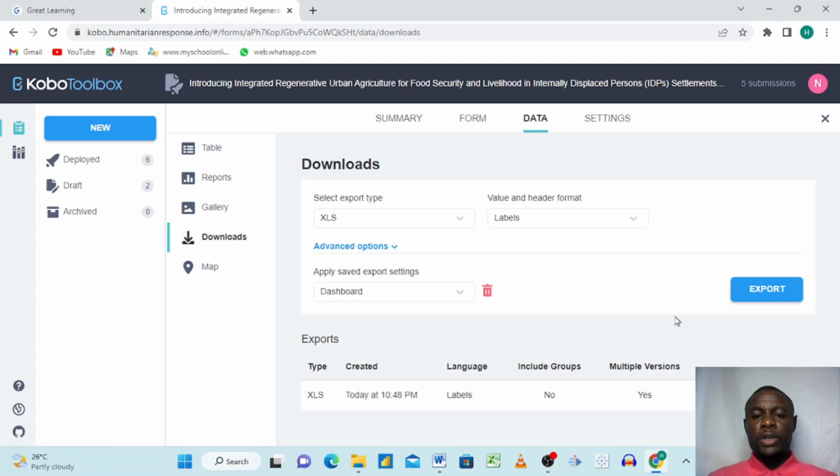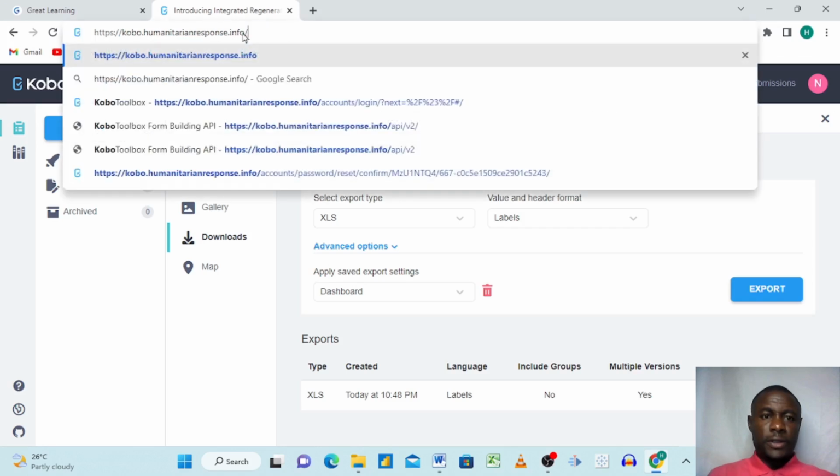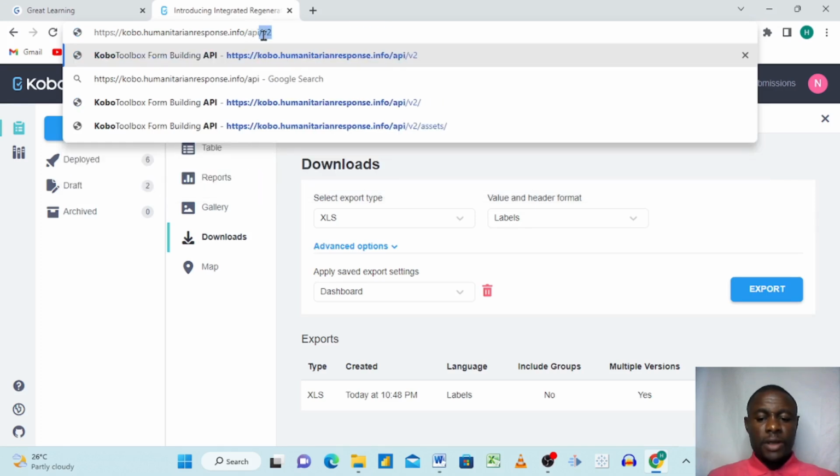Now when you click export, the next thing you do is come up here to this URL, and you select it all, and then you select from here. Okay, and then you delete it. You allow from https kobo.humanitarianresponse.info//